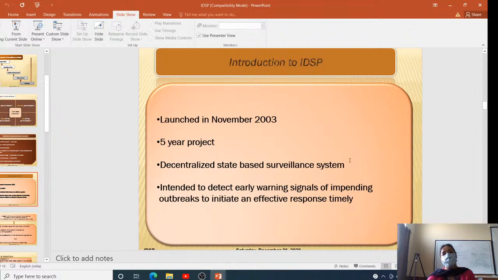So for the first time they made it decentralized. They said that each state will identify what the priority diseases are in addition to national priorities, and then they will act themselves at the state level. It was intended to detect early warning signals of outbreaks and to initiate an effective response in a timely manner. Because if something happens in, let's say, Hyderabad, we cannot expect the center to suddenly jump in and initiate an action. So the state decides whether it is a high priority disease, how much priority should be assigned to